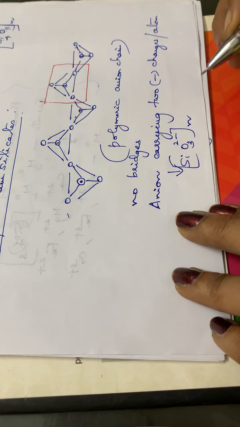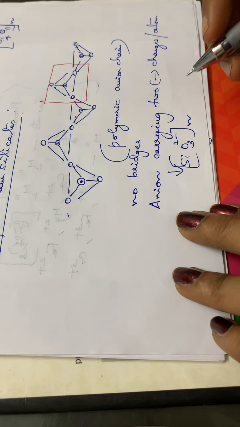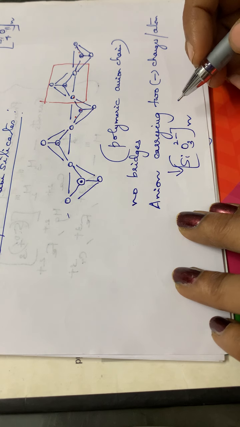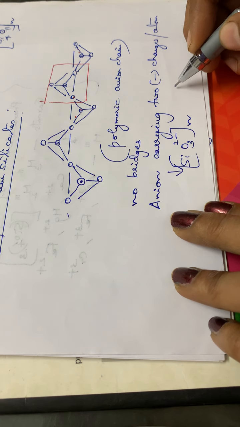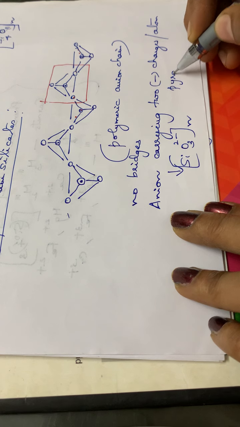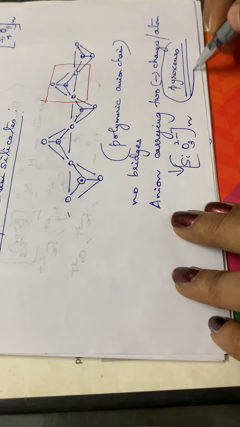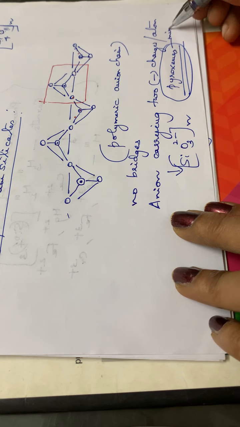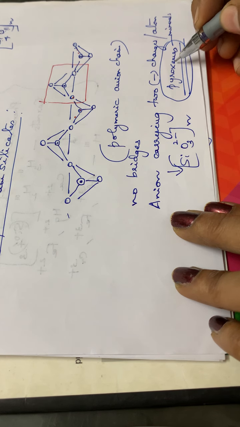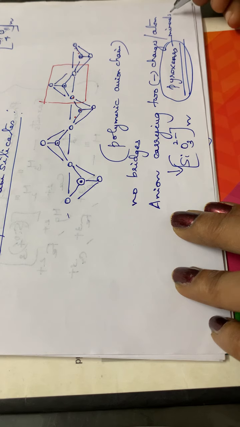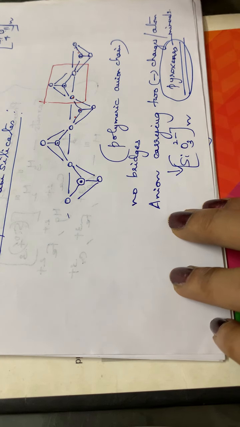That is the composition of the straight chain silicates or simple chain silicates. These chains are found in some minerals called pyroxenes. So that is the case of simple chain silicates,